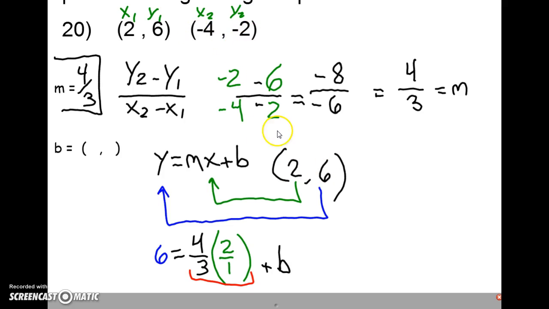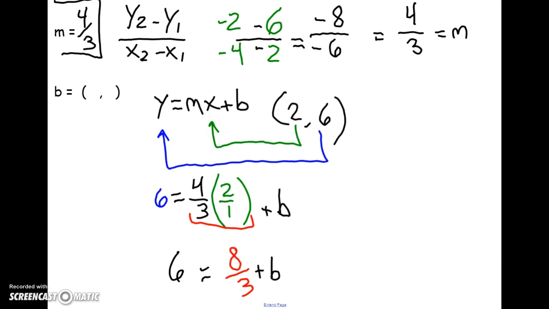Instead of -4, -2, we get to avoid some negatives. We plug in the 2 for my x, plug in the 6 for my y. That's what we see down here in the equation below. And we also plugged in that slope of 4 over 3. All right, so what's going to be happening for us now is we're going to need to address some fraction